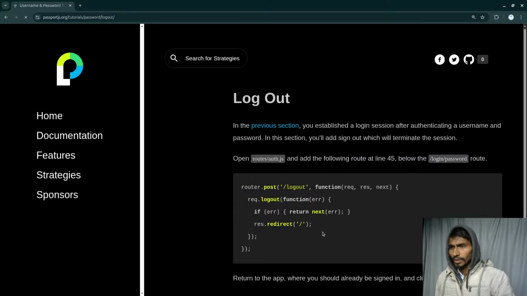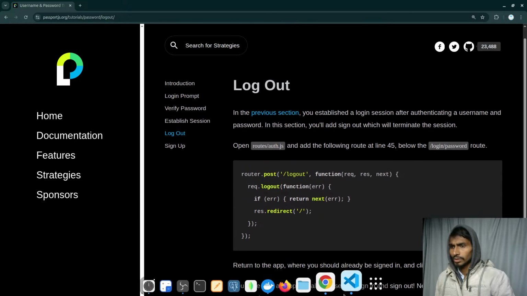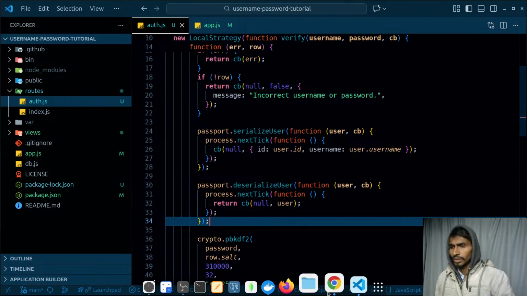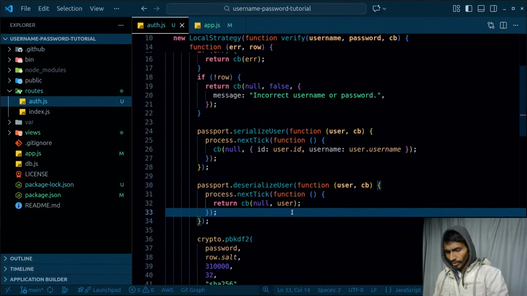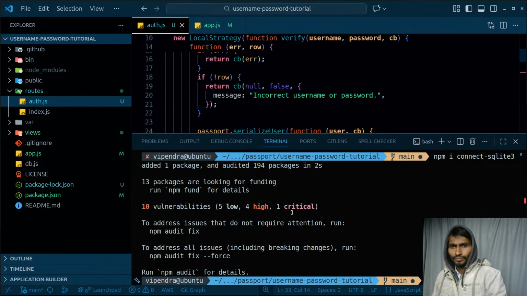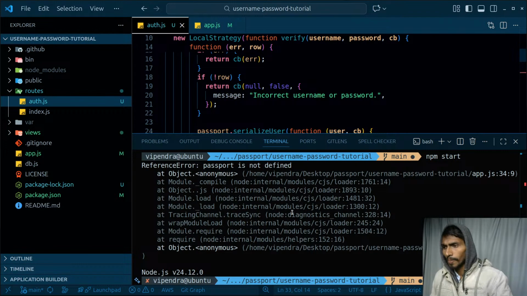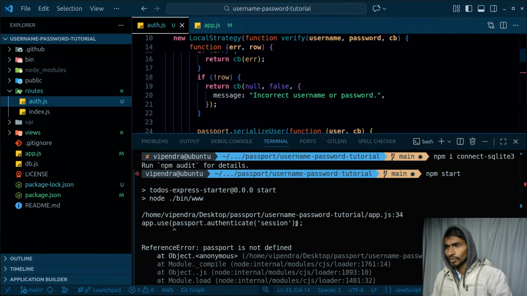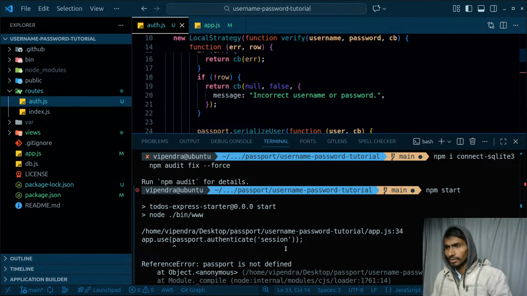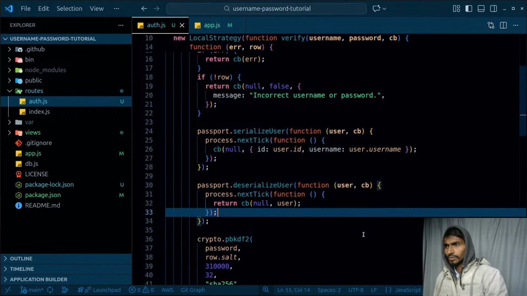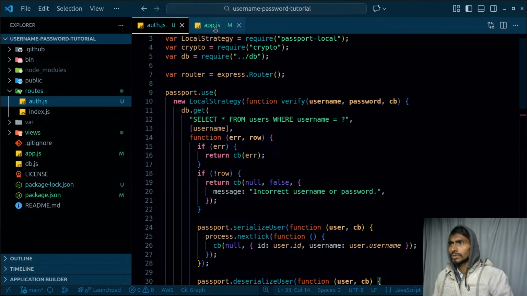Okay. Just one more thing. Log out. For that particular thing, let's even check whether it is working or not. So npm run dev. Not npm run dev, I'm just gonna be running npm start only. Turns out I got the error. Okay, session passport.authenticate session. Passport is not defined. Where is passport not defined? In app.js. Fine, let's check that thing out.